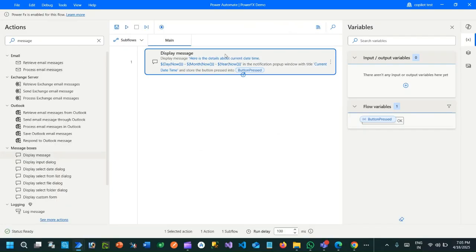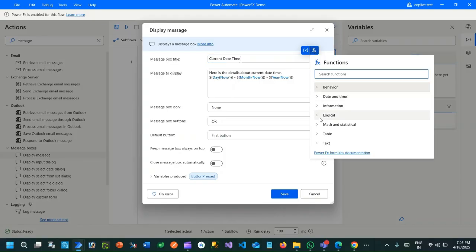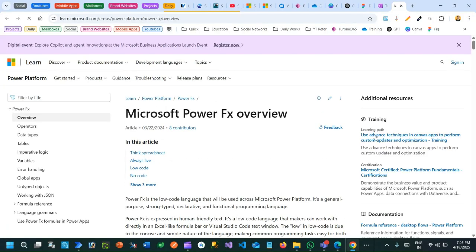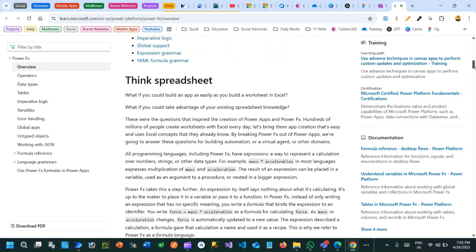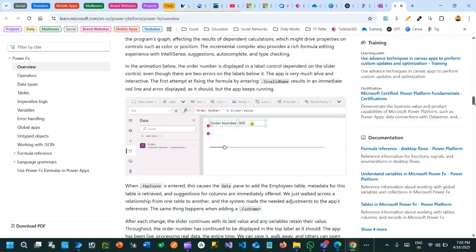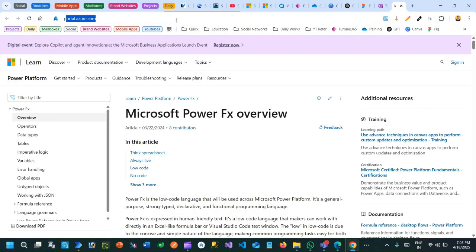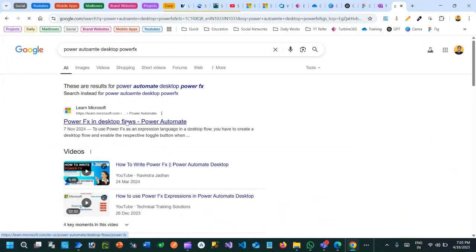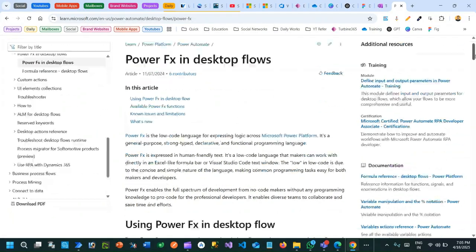The point I just want to make here is you can leverage PowerFX and all the functions that are supported in the action steps that you want to execute. If you want to see all the PowerFX supported for Power Automate Desktop, click on this PowerFX formula documentation, where you can understand that although there are many PowerFX functions, you can only see what is supported for Power Automate Desktop. You can directly search here for Power Automate Desktop PowerFX. Not all PowerFX is supported. So you can click on PowerFX Desktop Flow and see the list